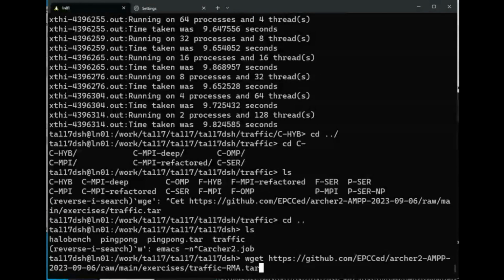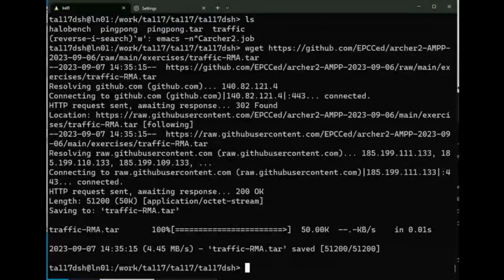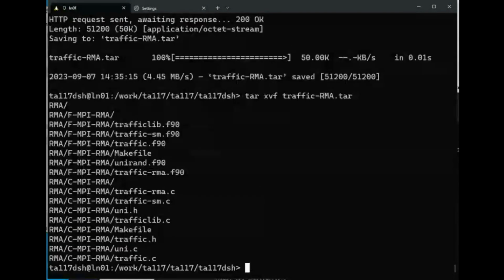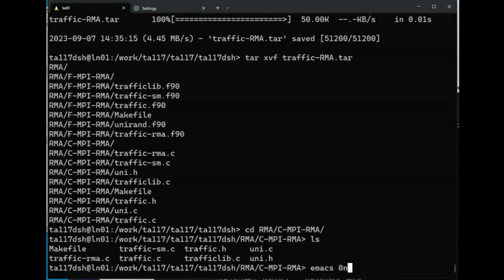They're in a separate tar file. Sorry, the traffic RMA ones. I just wanted to show you the solution. RMA/C MPI, and it's in traffic